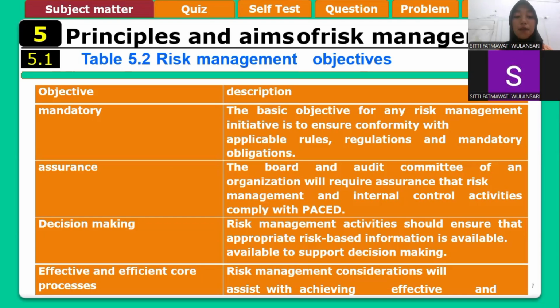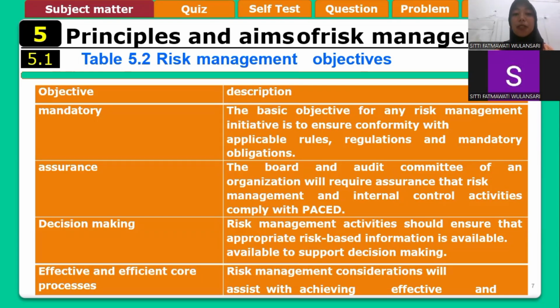Alright, for the next slide, Table 5.2 about risk management objectives. We have the objective and its description, starting with mandatory. The basic objective for any risk management initiative is to ensure conformity with applicable rules, regulations, and mandatory obligations. And the second, assurance: the board or audit committee of an organization will require assurance that risk